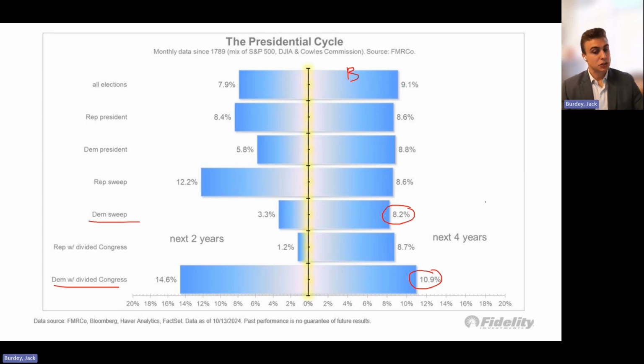However, as you can see, the dispersion of outcomes measured by the average annual return narrows significantly when looking out over 4 years. It makes significantly less of a difference who gets in and the makeup of Congress when looking out over the full presidential cycle and beyond, with 10.9% being the highest and 8.2% being the lowest. All the other outcomes on average fall within those two. As mentioned before, it's likely that some of this difference can be explained by midterm elections course-correcting outcomes from the presidential elections over time.